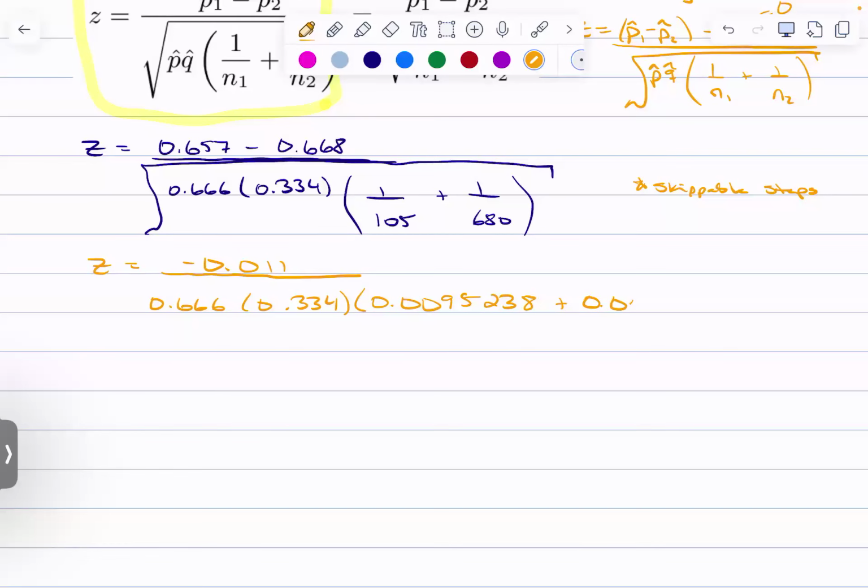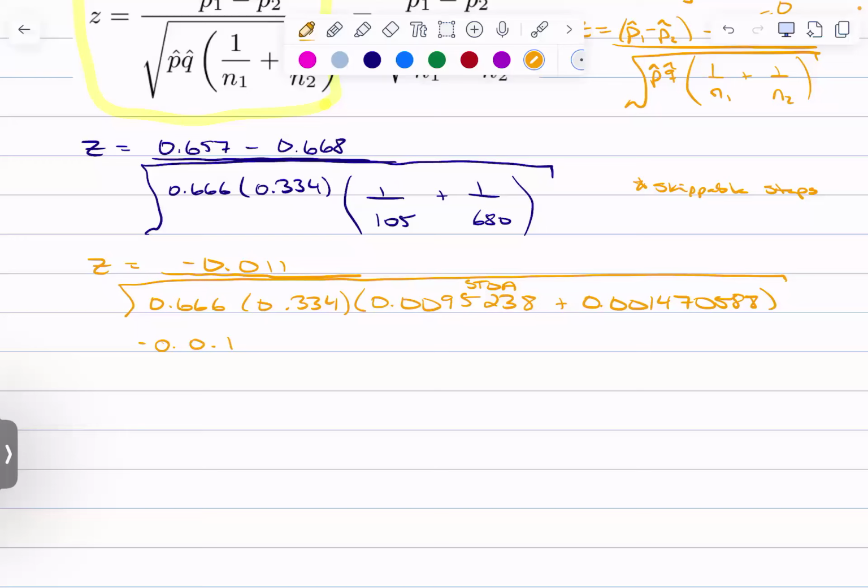Plus 1 over 680, 0.00147058. It keeps going, but once I add that to what I stored in A, I get